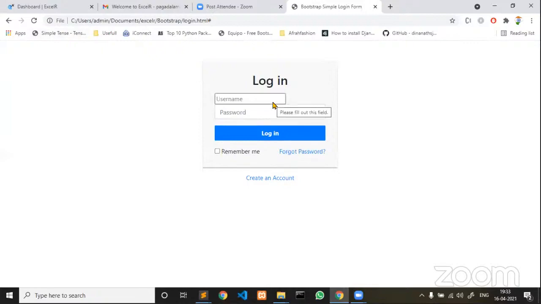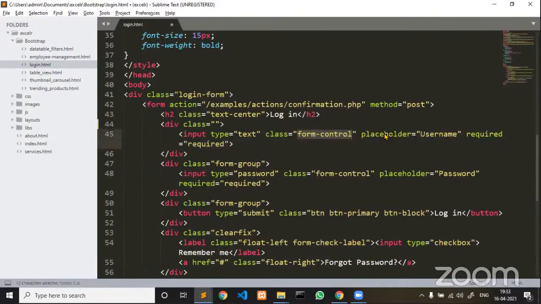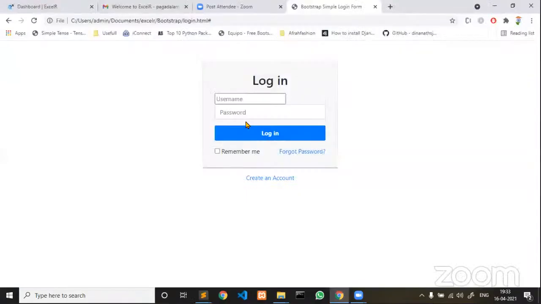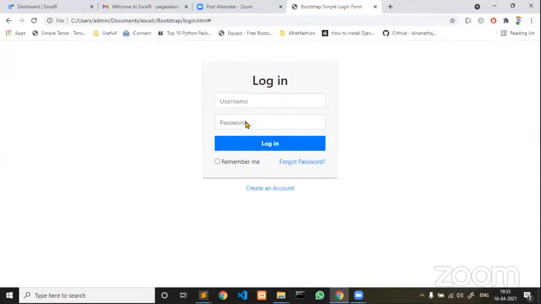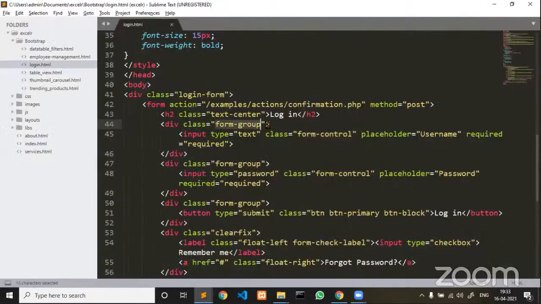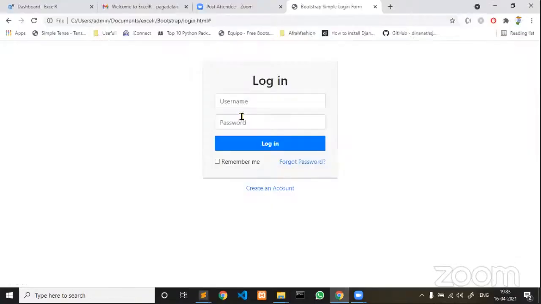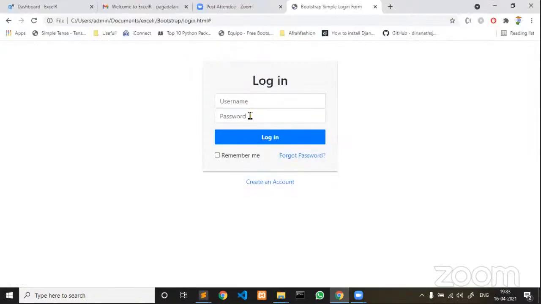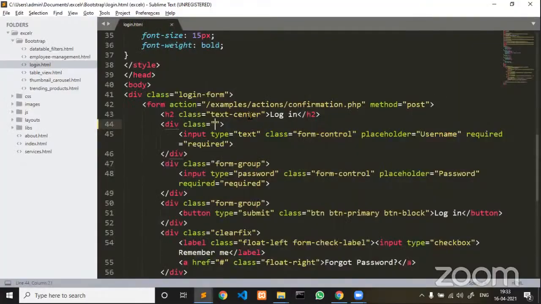Now the design is completely changed. The unique design is already there; these classes are already there in Bootstrap, so you don't need to rewrite them. If I delete a form group, again the spacing is completely removed. You see that the gap between these two elements has been deleted. That's why each and every class in Bootstrap is associated with some properties. Guys, that's why Bootstrap is a ready-made mobile front-end framework. It has a bunch of CSS classes.